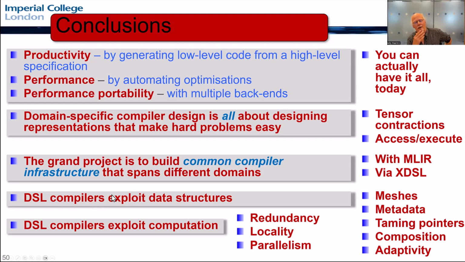Where else do we get the abstraction for this? I talked a little bit about pointer aliasing, and I mentioned earlier on that this is a kind of fundamental barrier to what compilers can do with general purpose code. Another way to look at it is to say, well, one of the key things your DSL does is it knows about your data. Actually, our DSLs also know about the computation, but just knowing about the data is a very big part of this.